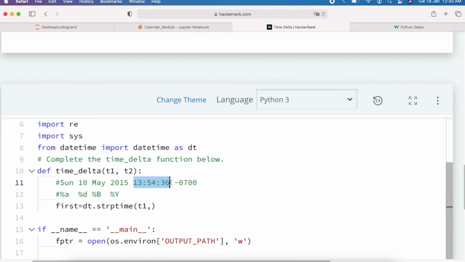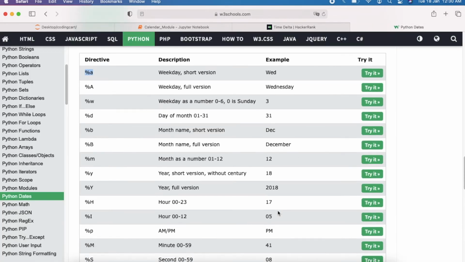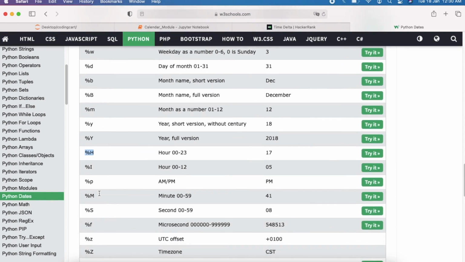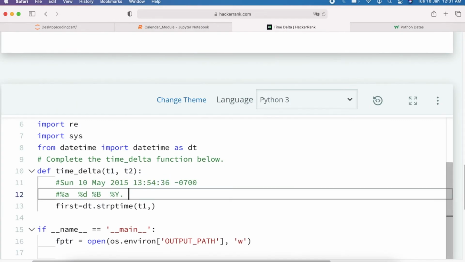So this is the timestamp. For getting the timestamp, you can see we will be using this format. For hours we will be using capital %H. For minutes we have to use %M, and for seconds we have to use %S. Our time format is 0 to 23, so we will be using %H for the hour.